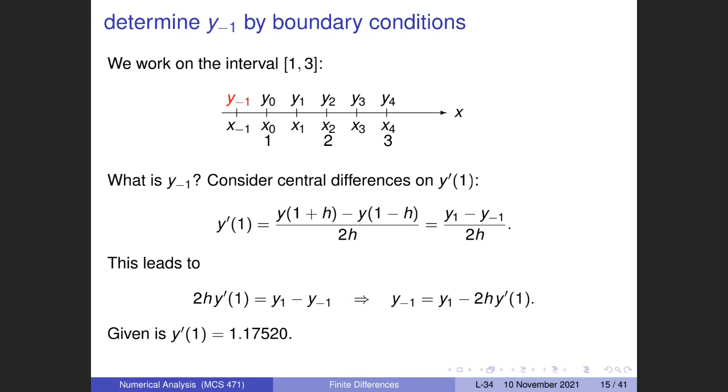How do we find values? Well, we apply the boundary conditions using central differences. So central differences do one step forward, one step backward. And here central differences are extremely convenient on the grid, because if we are at y naught, at the x naught, at the left of the interval, then we see that very naturally the y1 and the y minus 1 comes in. So we can rewrite this leftmost initial condition, so the y minus 1, in function of the unknown and the known